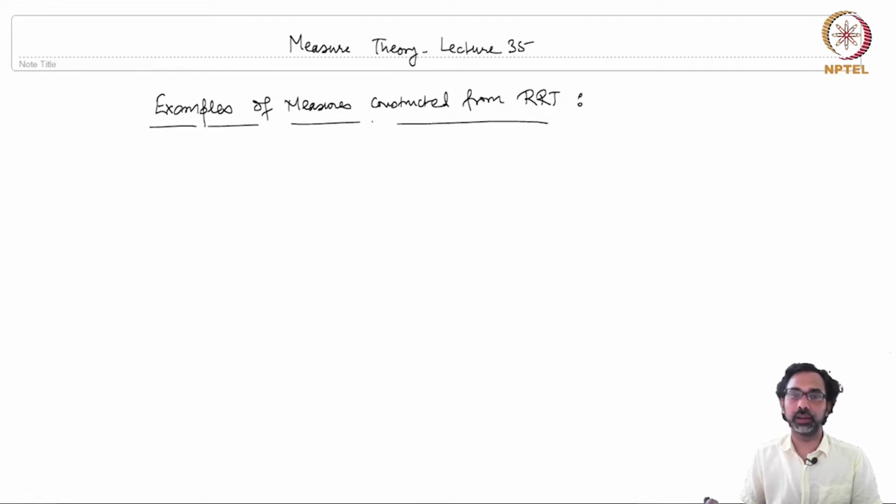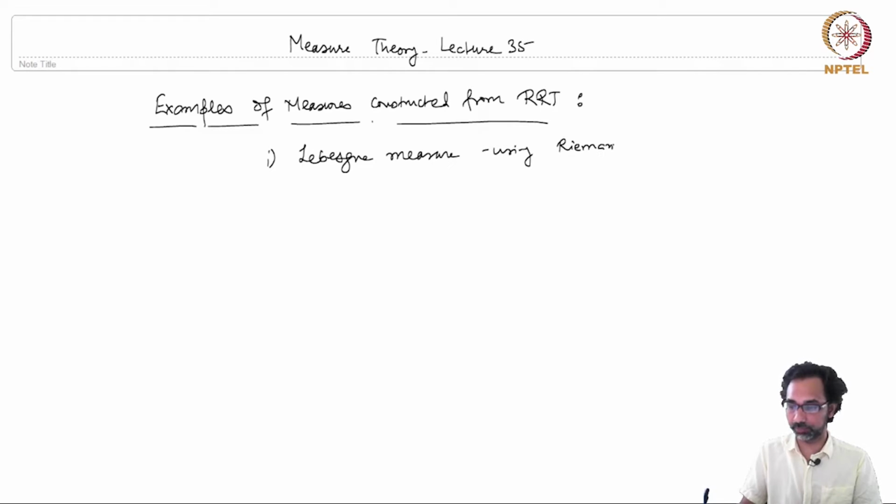Now we take a look at examples of measures constructed out of the Riesz representation theorem. Our first example should of course answer whether the Lebesgue measure can be constructed out of the Riesz representation theorem, and of course the answer is yes. As I mentioned before, the Lebesgue measure can be constructed using